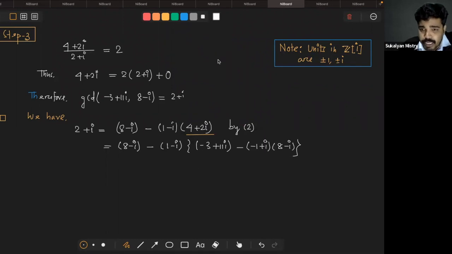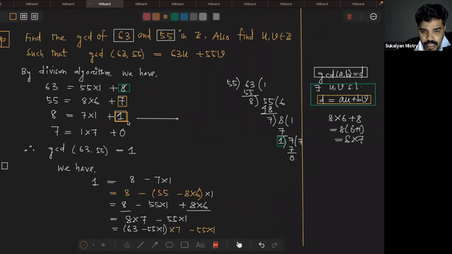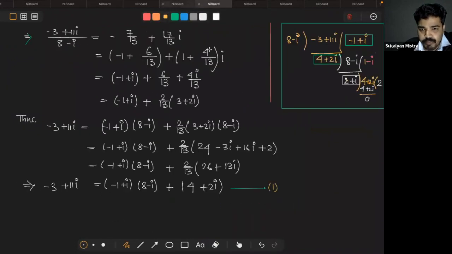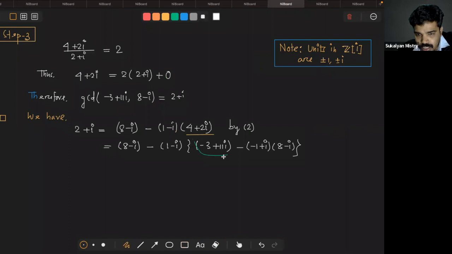এবার জাস্ট ডিরেক্টলি মাল্টিপ্লাই যখন করবে, দুটো জিনিস মাথায়, ডিরেক্টলি মাল্টিপ্লাই মানে হচ্ছে এই যে নাম্বারগুলো আছে, দেখো আমরা যখন এই প্রবলেমটা সলভ করেছি, আমরা কিন্তু কখনো 63 সঙ্গে 7 মাল্টিপ্লাই করে দিইনি, তাই না? কারণ এখানে যে রিলেশনটা চেয়েছে 63 ইন্টু ইউ, 55 ইন্টু ভি, সেম রিজন আমাদের এখানে দরকার হবে হচ্ছে দেখো এখানে -3 plus 11i আর 8 minus i, এই দুটোকে কিন্তু কখনো মাল্টিপ্লাই করব না। সো -3 plus 11i, 8 minus i এটা ফিক্স থাকবে, -3 plus 11i, ঠিক, আর 8 minus i এটা আনচেঞ্জ রাখবে, ওকে।